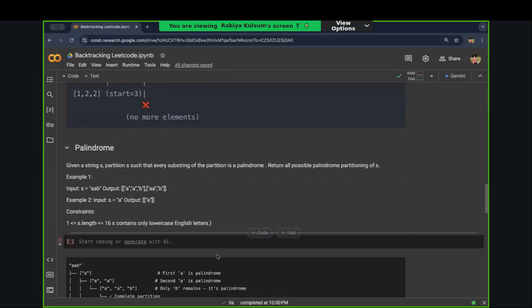All right. The next question that we are coming across here is about a palindrome. So now what is a palindrome? Palindromes are strings which are the same when read from forward to backward and backward to forward. For example, we have